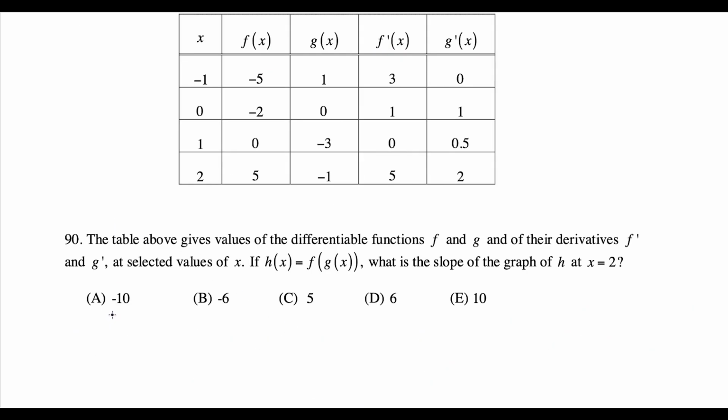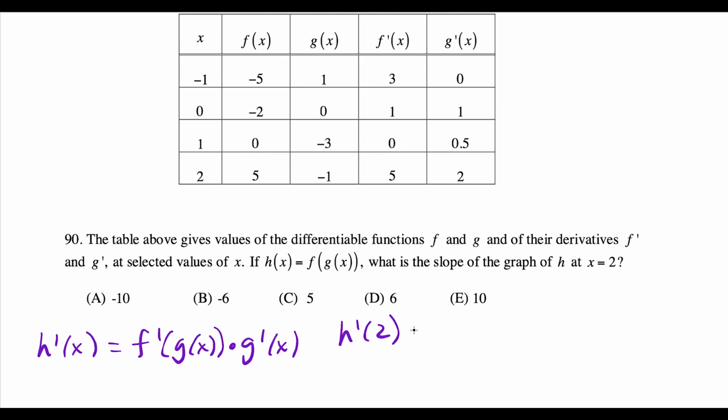Question 90 is just be awesome at chain rules. So if you have h of x equals f of g of x, we could say h prime of x is equal to f prime of g of x times g prime of x. Just remember the chain rule. We do the derivative of the outside, we keep the inside the same, and then we multiply by the derivative of the inside. So h prime of 2 is going to be equal to f prime g of 2 times